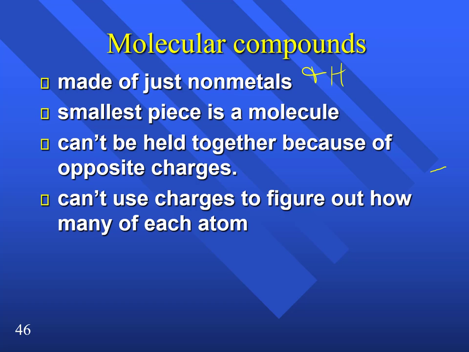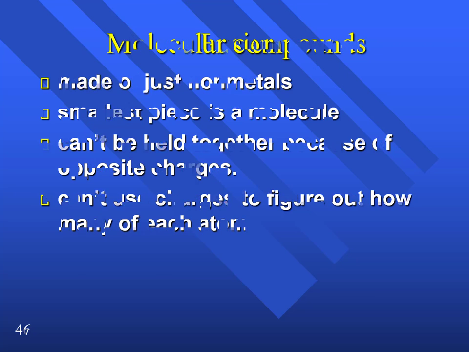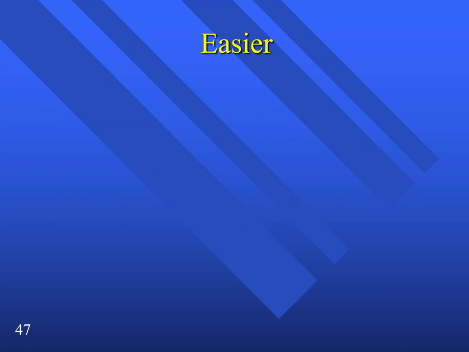That sounds like bad news, doesn't it? But actually, no, it's good news. If they can't expect you to figure it out, they have to tell it to you. Just like we can't expect you to figure out what the charge is on a transition metal, they always tell you, either with a Roman numeral or by putting it in next to the ion. If they don't expect you to figure it out, they have to tell you, and that's going to be easier because all you have to do is change your name, so the name is just going to tell us